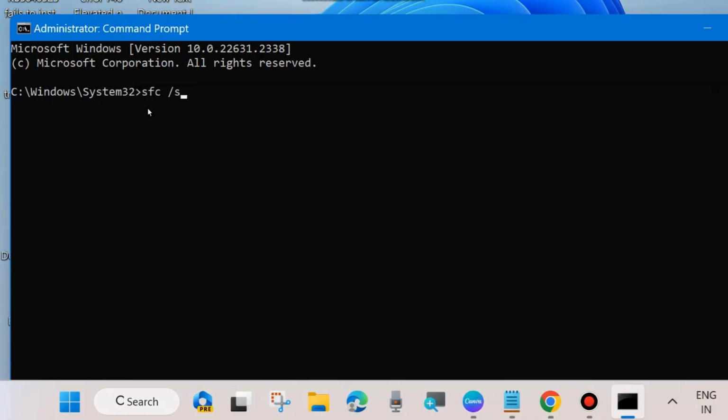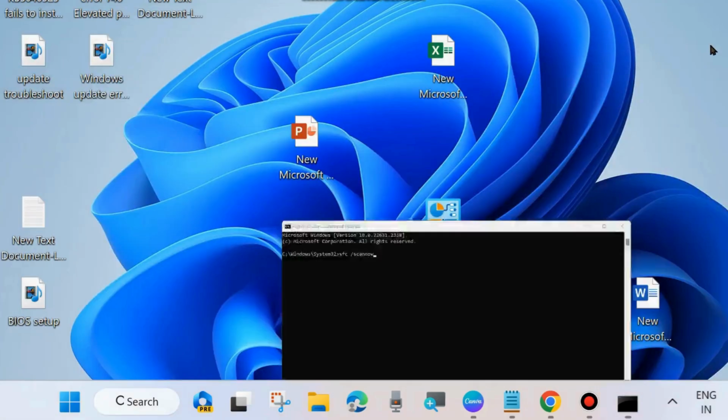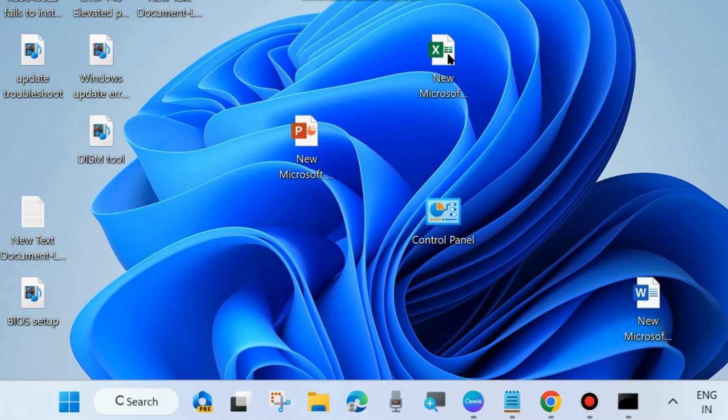And after that, execute the command sfc /scannow and press enter and wait till 100% verification completes. It will scan your system for any corrupted or bad system files and repair them accordingly. After that, don't forget to restart your system and check whether your Windows update is installing or not. If not, go to the next fixes. Right click on the start button